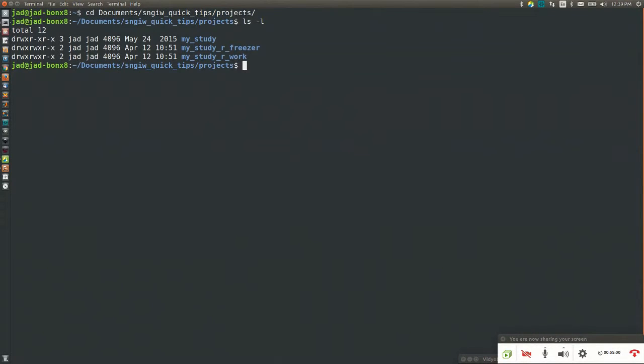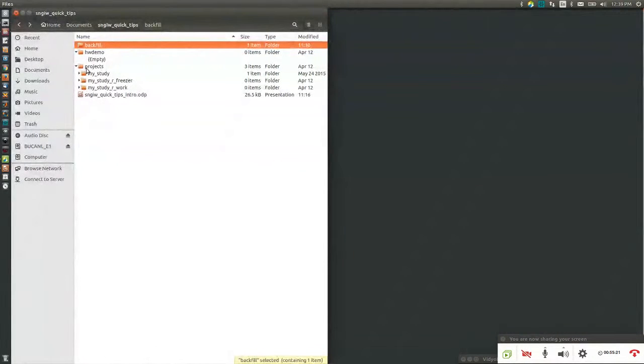So what I'm going to do here is I'm currently in my local computer, and I have these projects, and I have a few folders, one called My Study. I have another study folder called My Study R for Remote Freezer, and then Remote Work. Now let me just open a browser and we can take a look at this. So I'm currently in my projects study, which has a whole bunch of things in it, and then we also have this empty folder